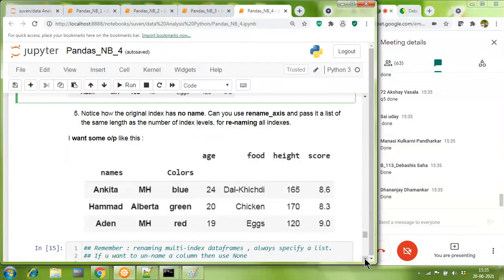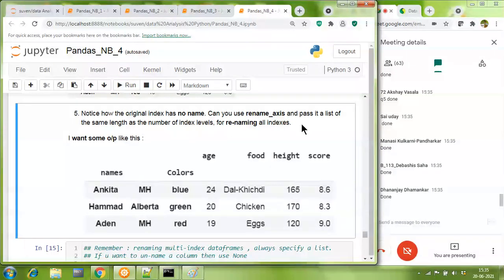And I would request Dhananjay to please take the lead to read this question. Notice how the original index has no name.